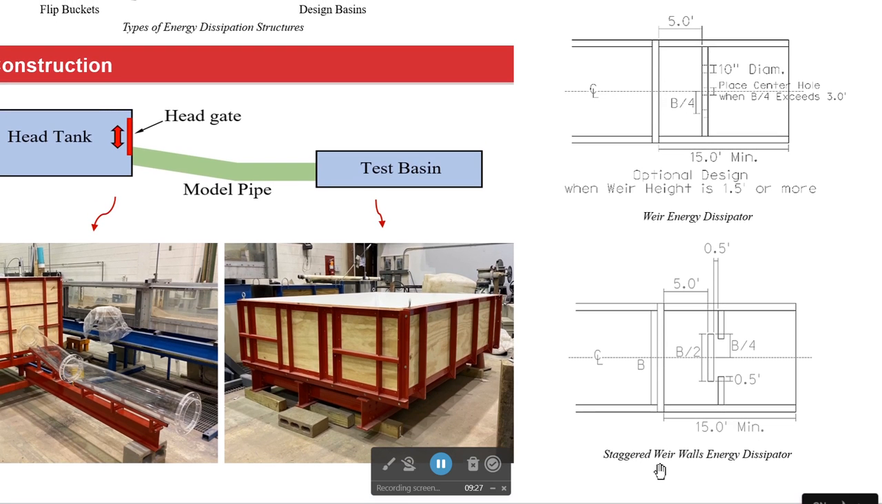The second one is staggered Weir walls energy dissipator. Unlike the Weir energy dissipator that has a uniform wall across the whole basin, we have 3 different segments of the Weir walls. These are the 2 types of energy dissipators that we'll be testing in our test system. As for results,